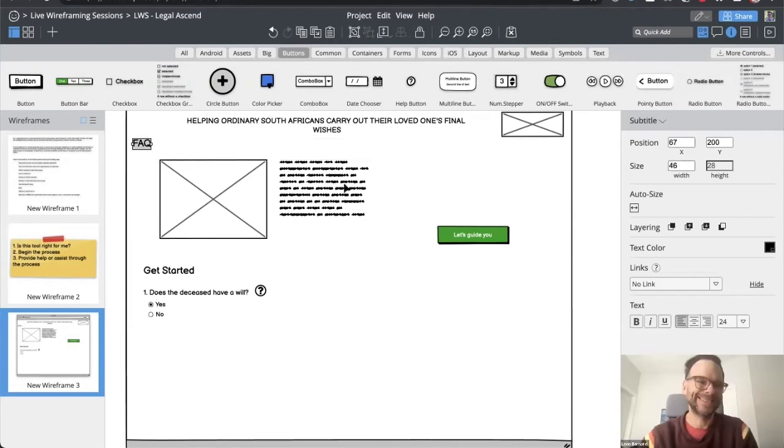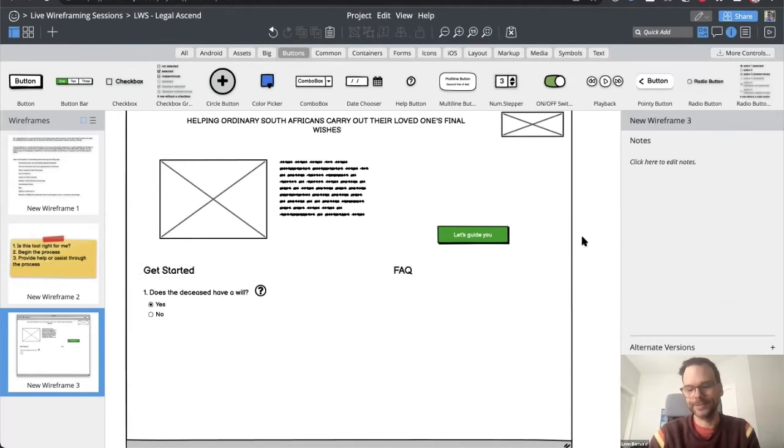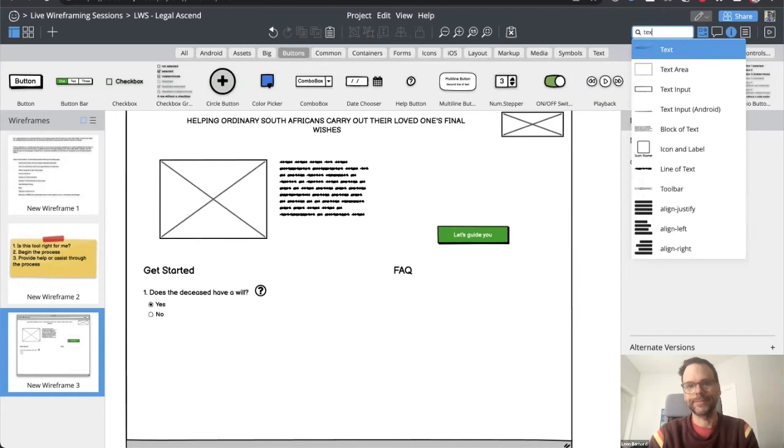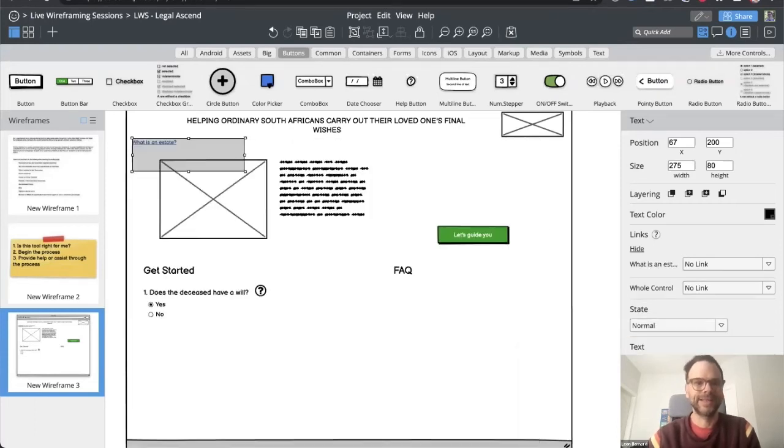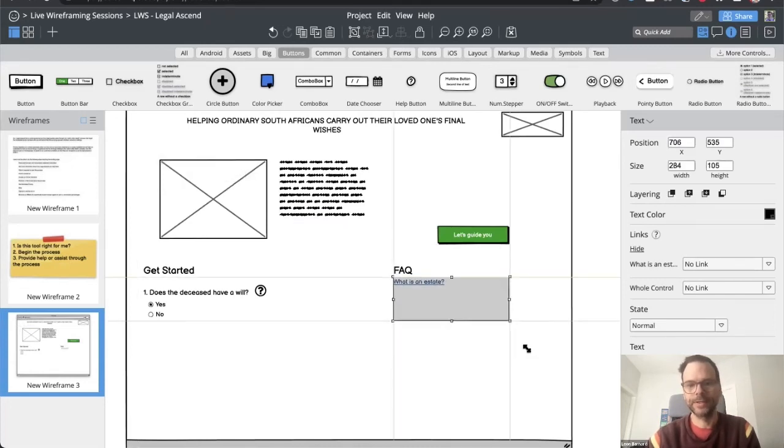Or maybe you could have, I don't necessarily like this idea, but kind of an FAQ or a help section. And you said something like, what is an estate? And show that this is the kind of place that will answer all of these questions.